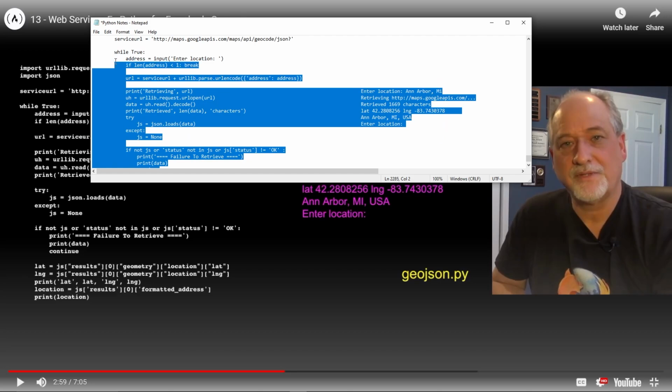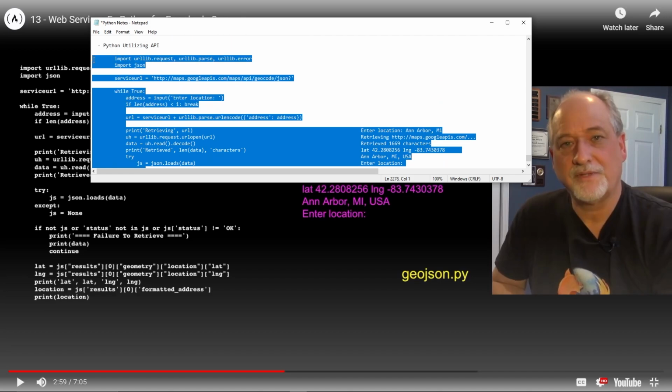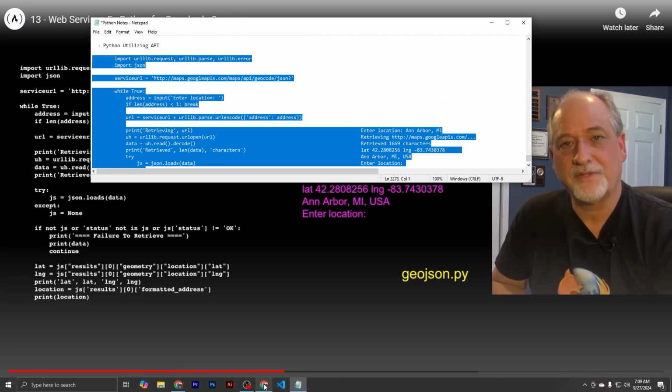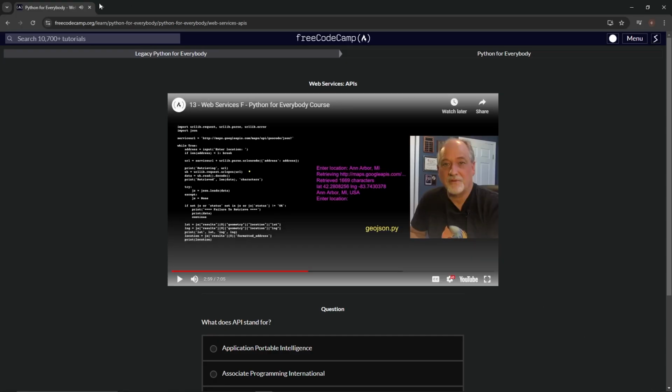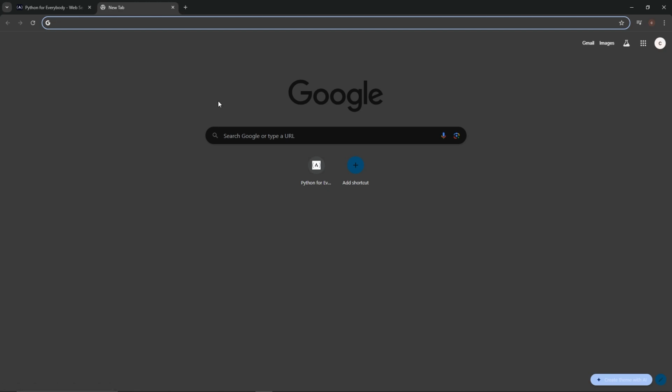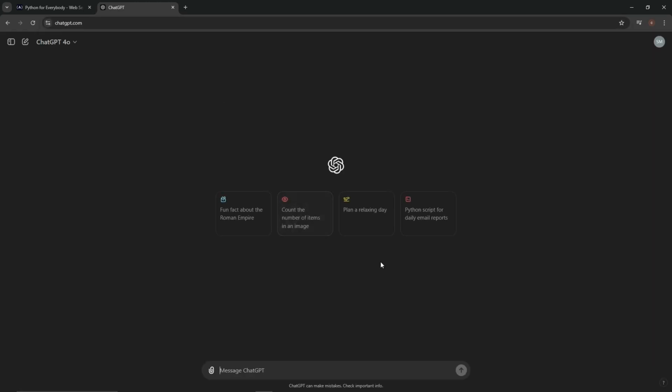I got an idea. Let's take this and see if ChatGPT knows how to read this. It'll be a good little exercise. Do you know what this is?